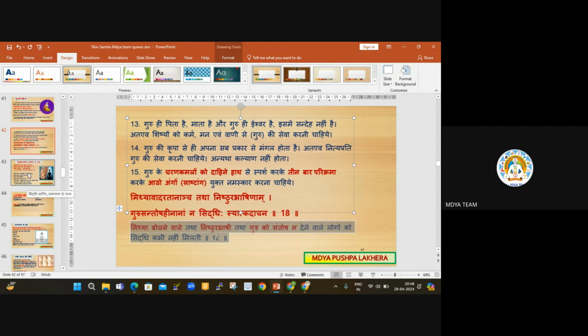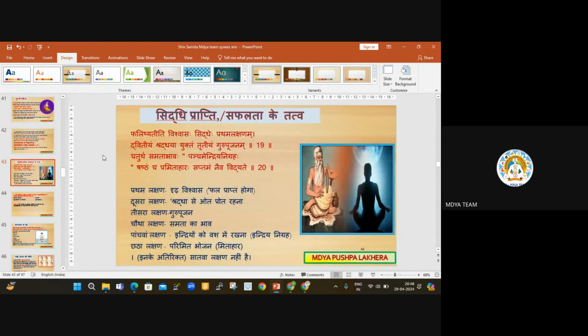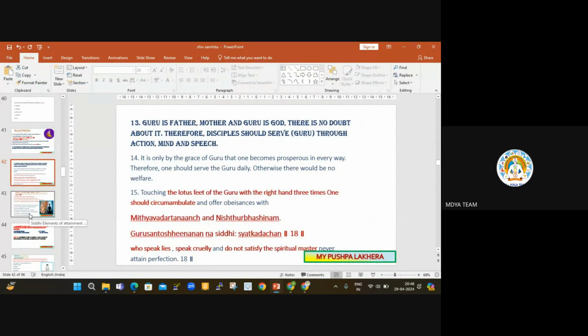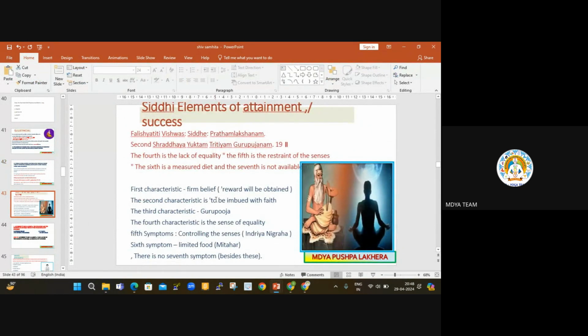Okay. So after discussing that, how will one get that siddhi? That is importantly mentioned by Lord Shiva. Here, 6 points are given, that one will get siddhi through these 6 stages or this 6 nature. So what are the characteristics and nature of a sadhak? How do we know that he will attain the siddhi or success in this yoga path? The first condition is belief.